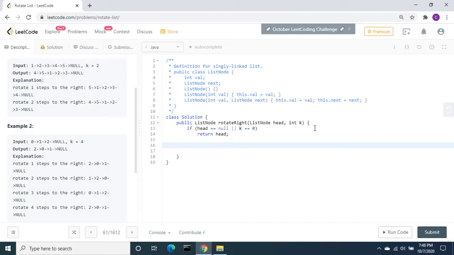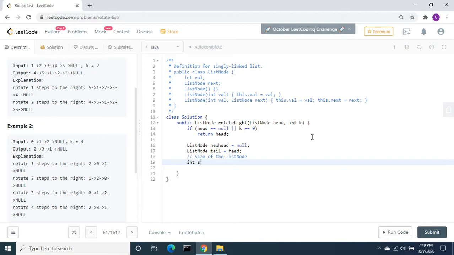Next let me create two objects. ListNode newHead equal to null. This is the result that we are going to return. Next is ListNode tail equal to head, the given list node. From here we need to find the size of the list. Let's do one while loop to find the size.